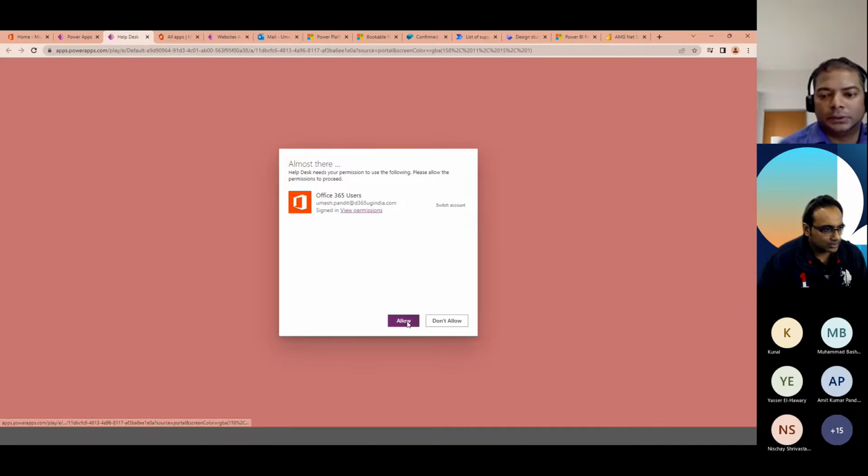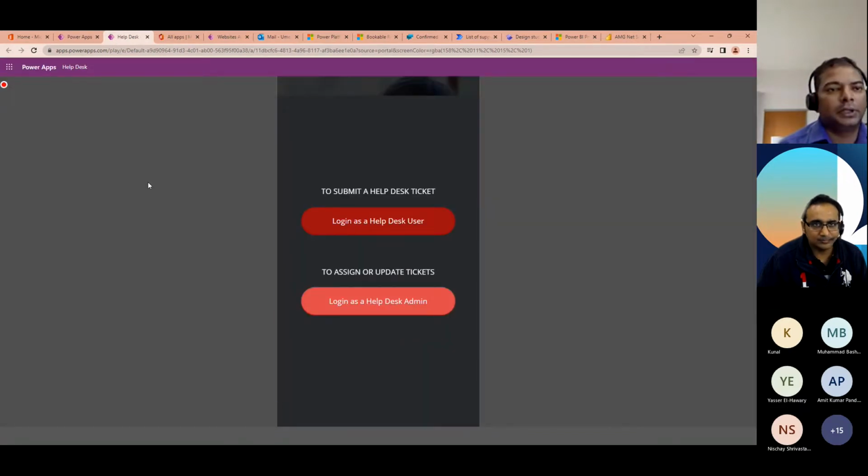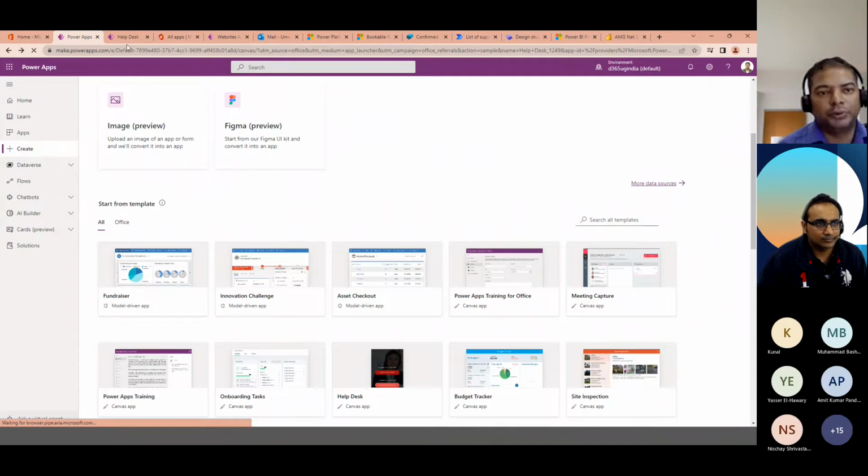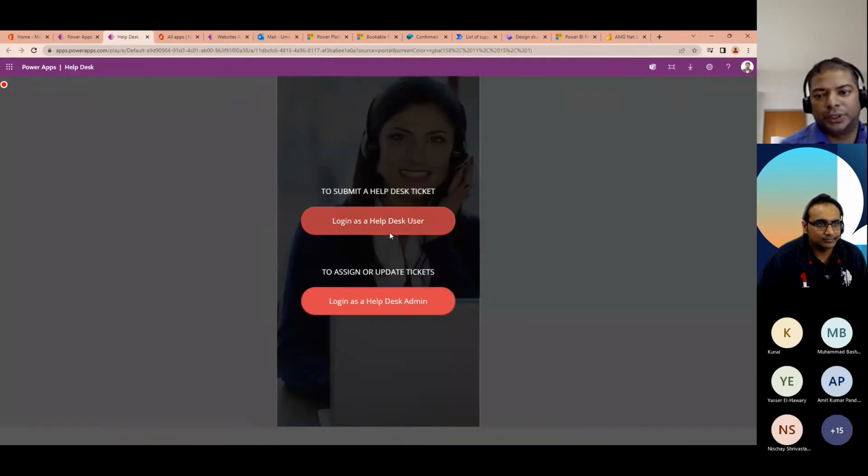I can try from my user. Just give me a minute. I can just show you the preview. Okay, so this is the preview, in case I'm just showing you as a preview. So you can do help desk submission of the tickets, to assign or update tickets. This is something we will be given like a